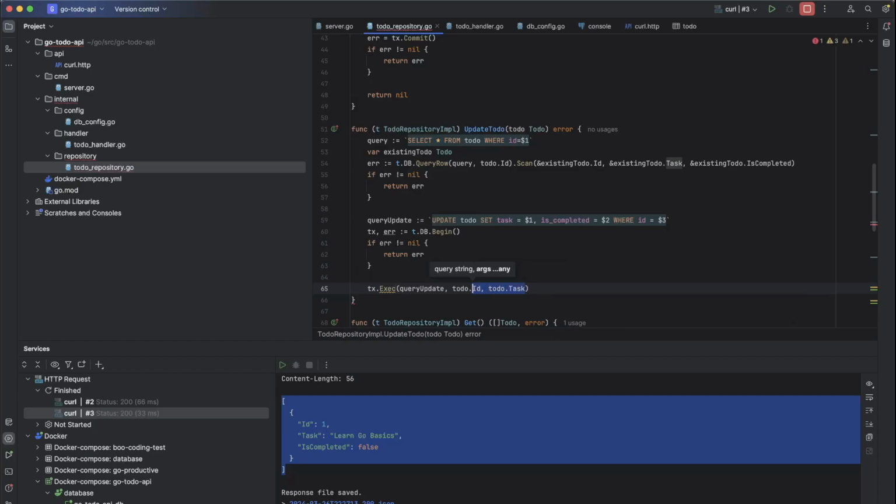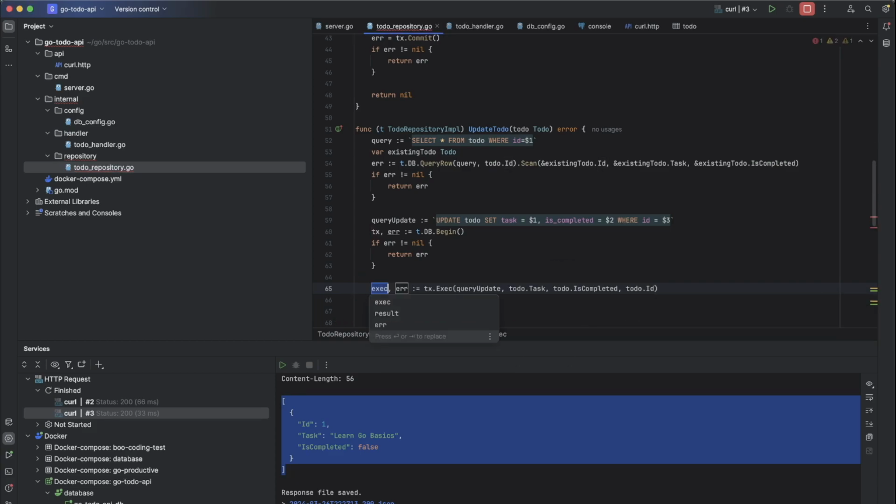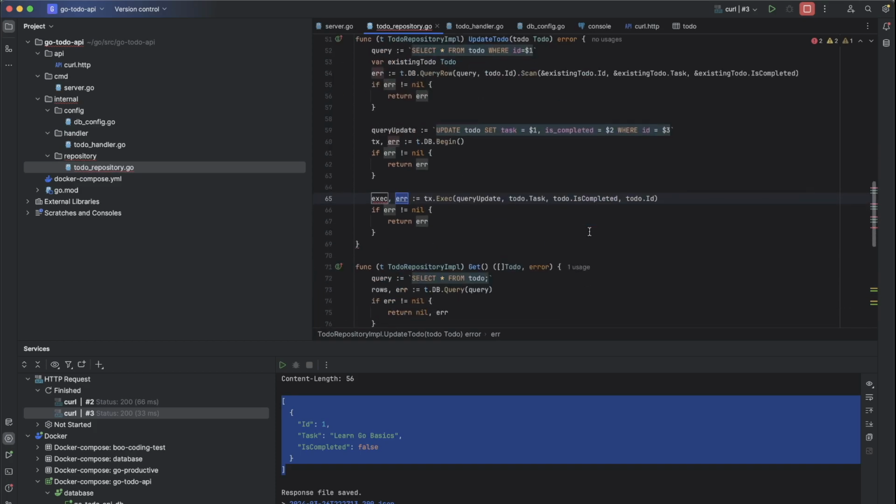Now the first variable is task, the second variable is completed, and the third variable is the id, todo dot id. Handle the error. Okay, I don't need the result. If there is any error, just return the error.